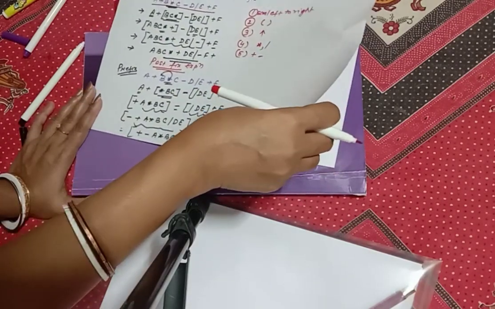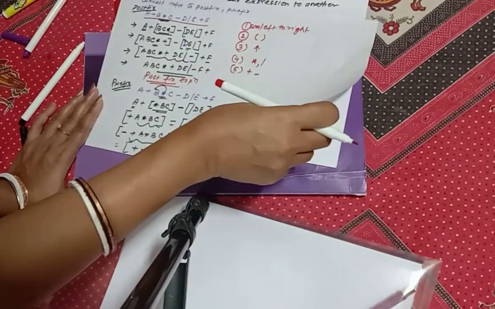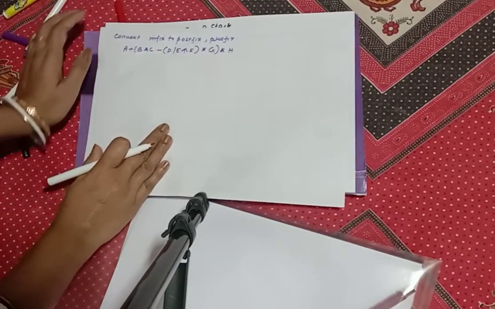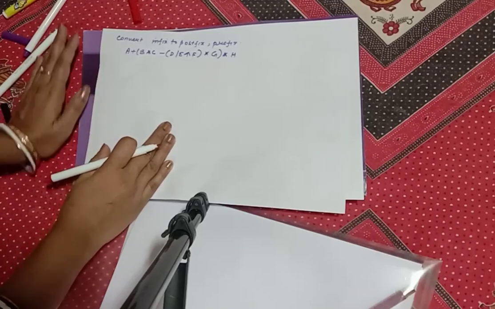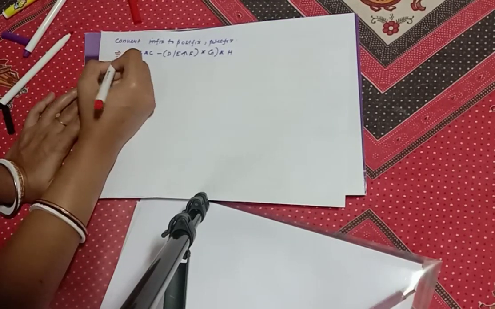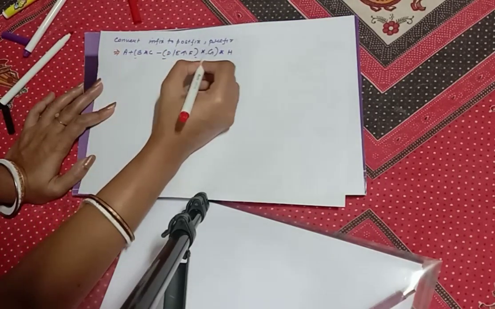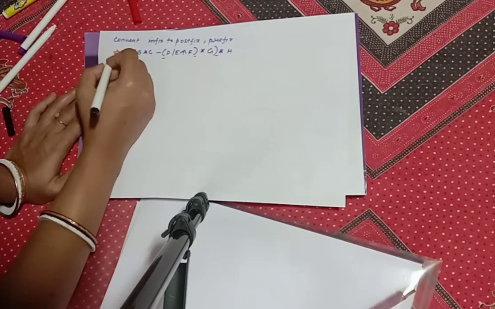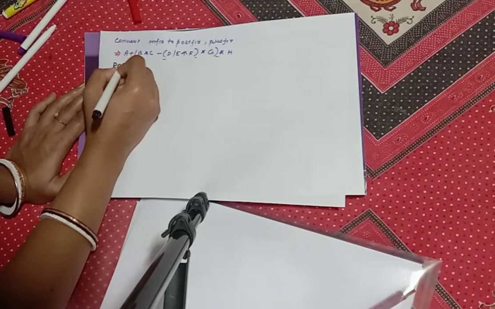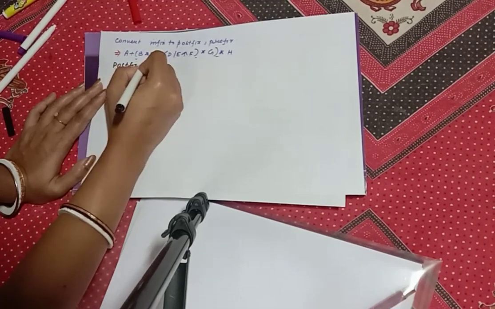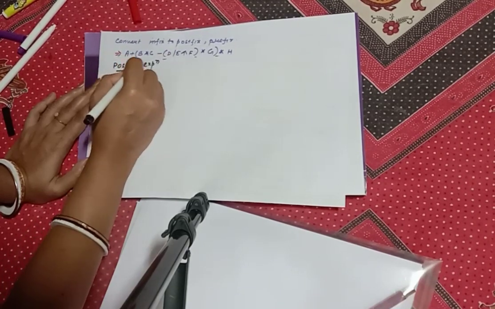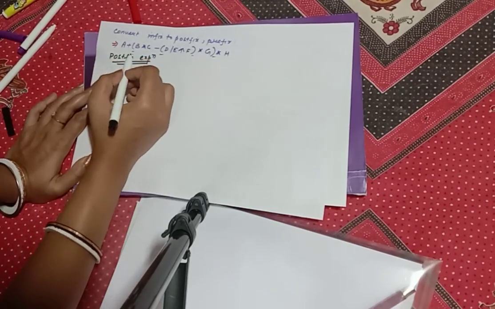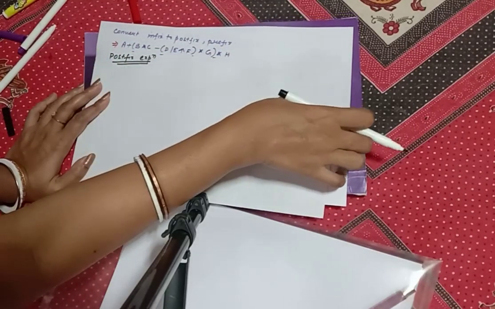Now this was a little bit easier. Let us take another one which is a little difficult. Here we see that in this expression there is a bracket given. So let us first convert it into a postfix expression. See, we know from the rule that